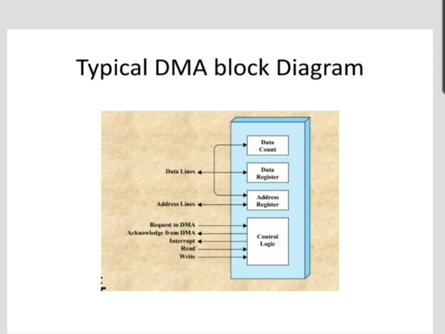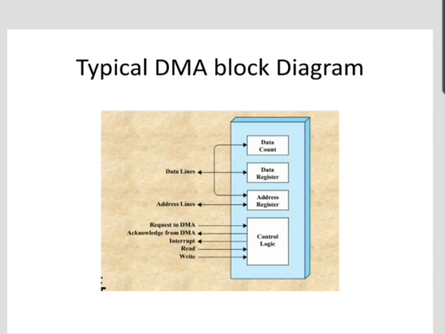Both interrupt driven input output and programmed input output require involvement of the CPU for data transfer. The CPU could be better utilized for program execution. Input output activities are slow, and involvement of the CPU will not have a desired effect on system performance. In addition, the speed with which the CPU can test and service input output devices limits the input output data transfer rate. When the CPU is involved in data transfer, it uses the system bus twice: during memory to CPU transfer and during CPU to input output transfer.